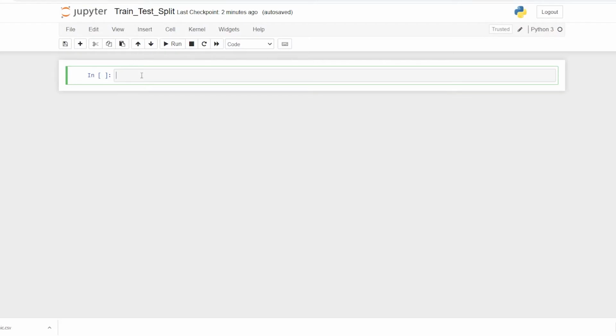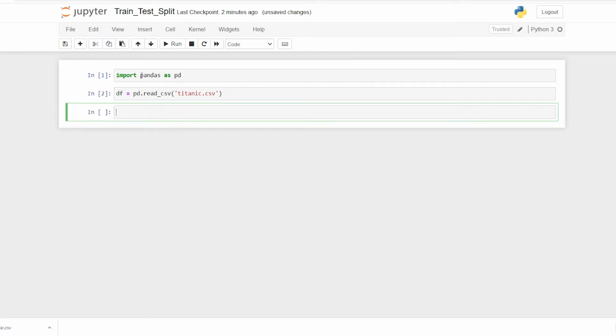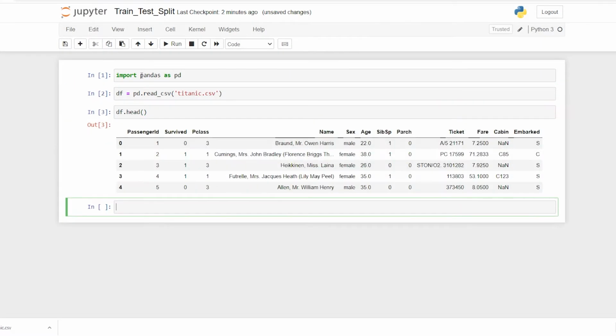Now here I go. First of all I'll import pandas. Pandas has been covered in the last tutorial itself. After that we will have to use this dataset, so I'll say df, that is data frame, equals pd.read_csv. Why? Because we have it in CSV format. I can just press tab, and here I'll have Titanic.csv. And now I'll say df.head, because I'm interested in the first 5 values, which are going to yield me whatever is there.